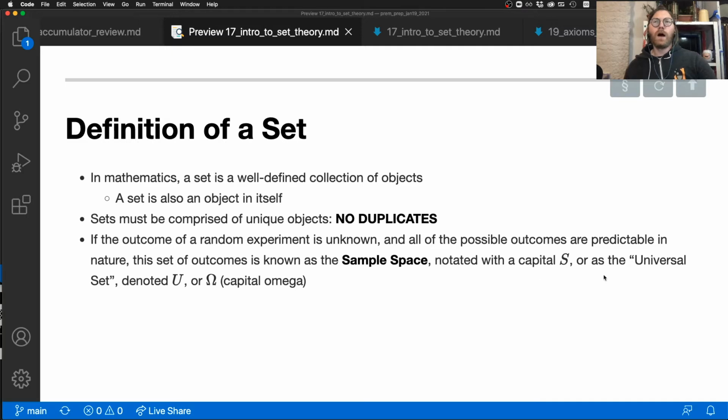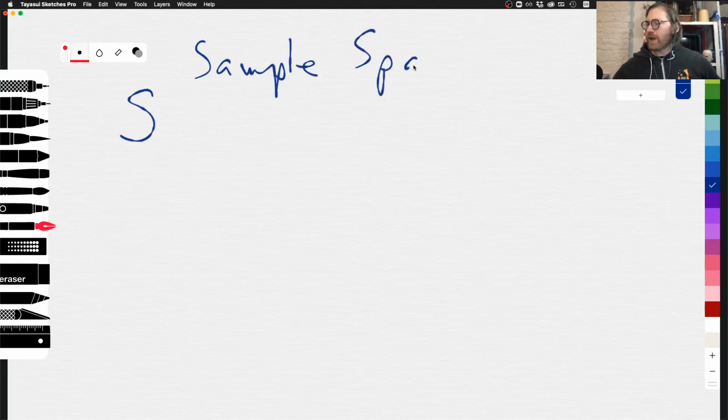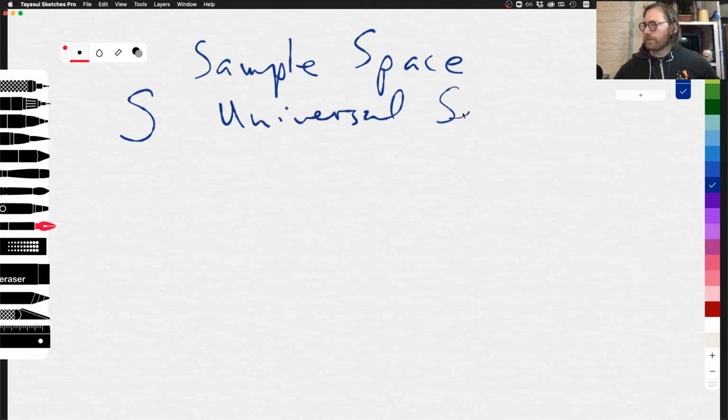Now, I use this capital S, and when I'm using capital S here, what I'm generally describing is something called a sample space or universal set. And this is going to be all objects, all outcomes that are possible. Okay? So, if we're thinking about S as being a sample space, and we're talking about it containing all potential outcomes, then there's also this concept of a subset,